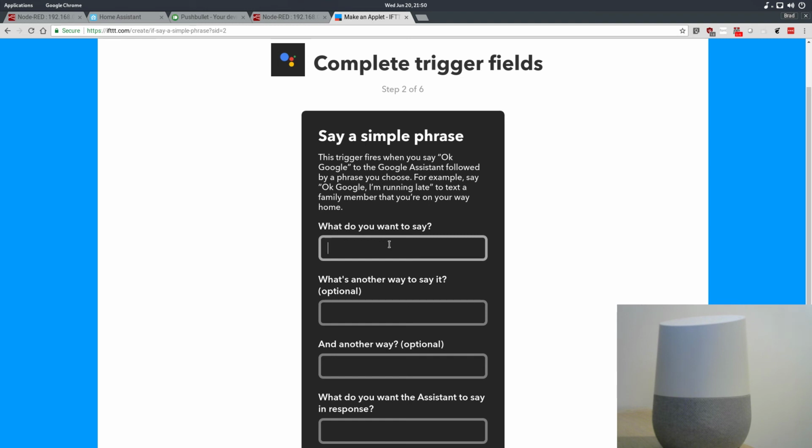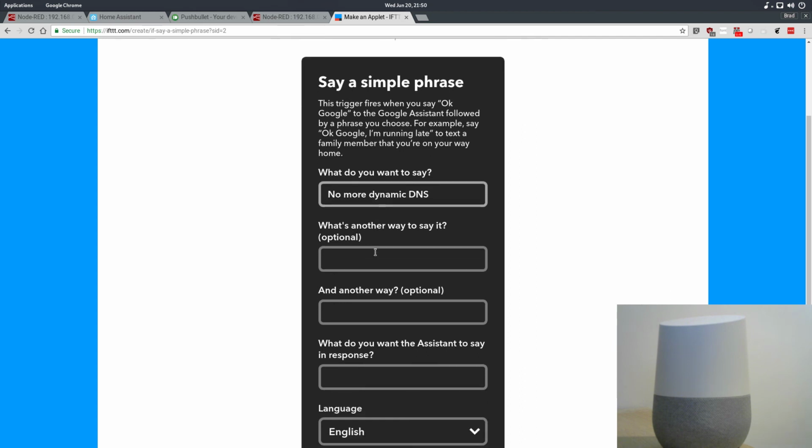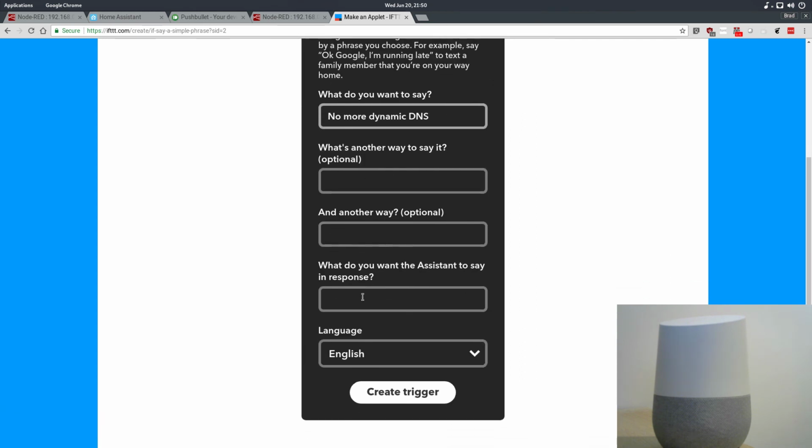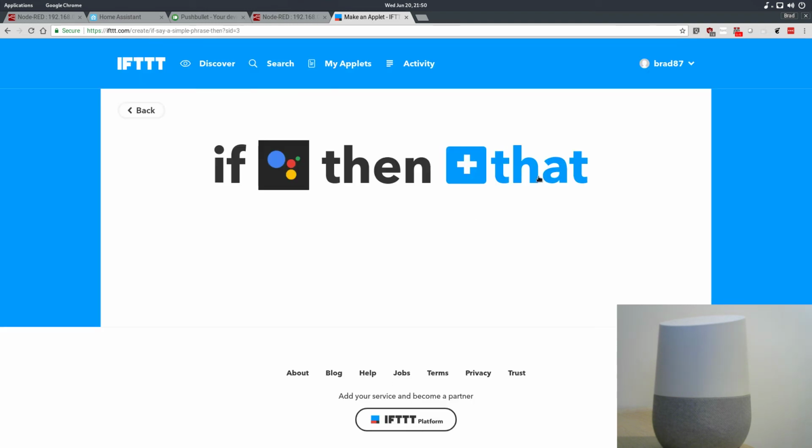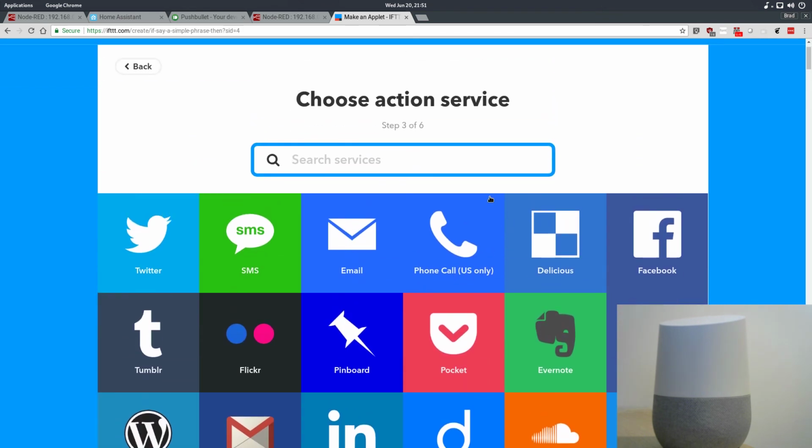So I want to make it go off when I say, we'll call it test, "no more dynamic DNS." And that will be the only phrase I say in response. Google will say, "Whoa, really?" Because that's what I would say if someone told me this morning that there was a way to do this without opening those ports. That component is going to be a Pushbullet,